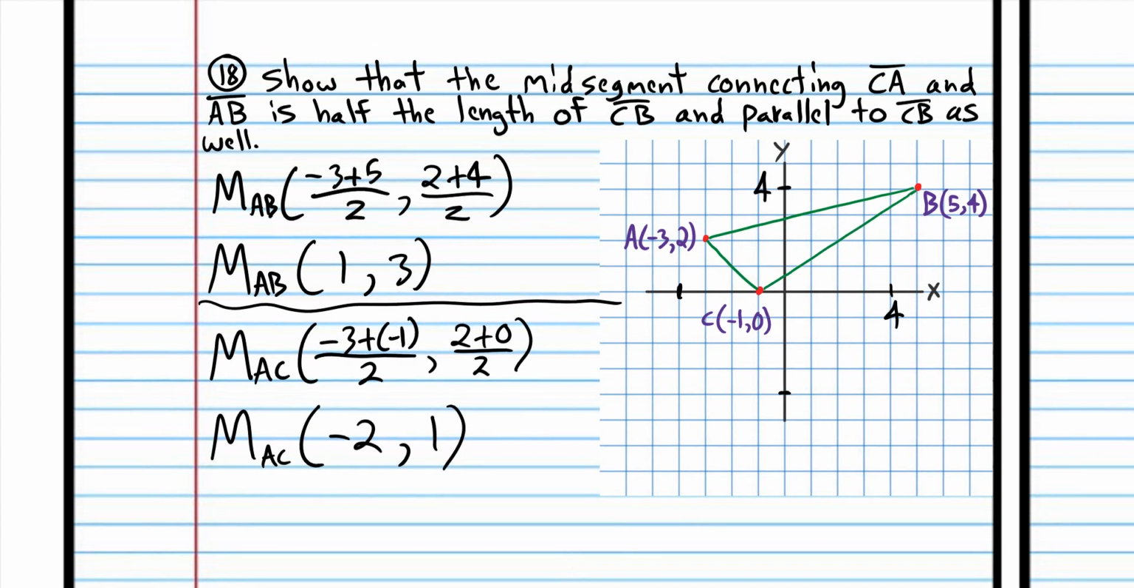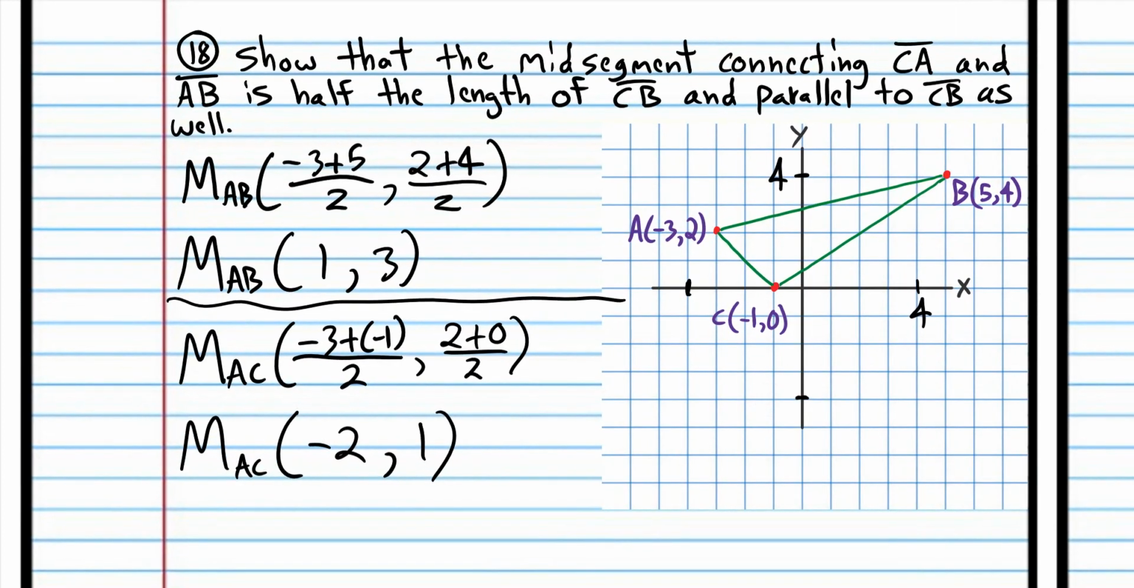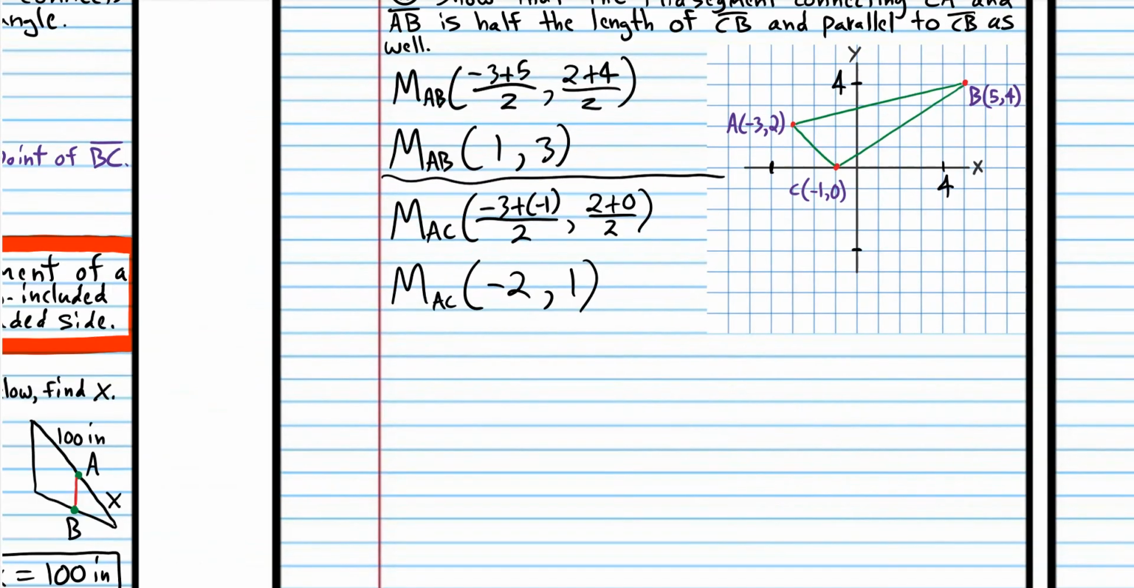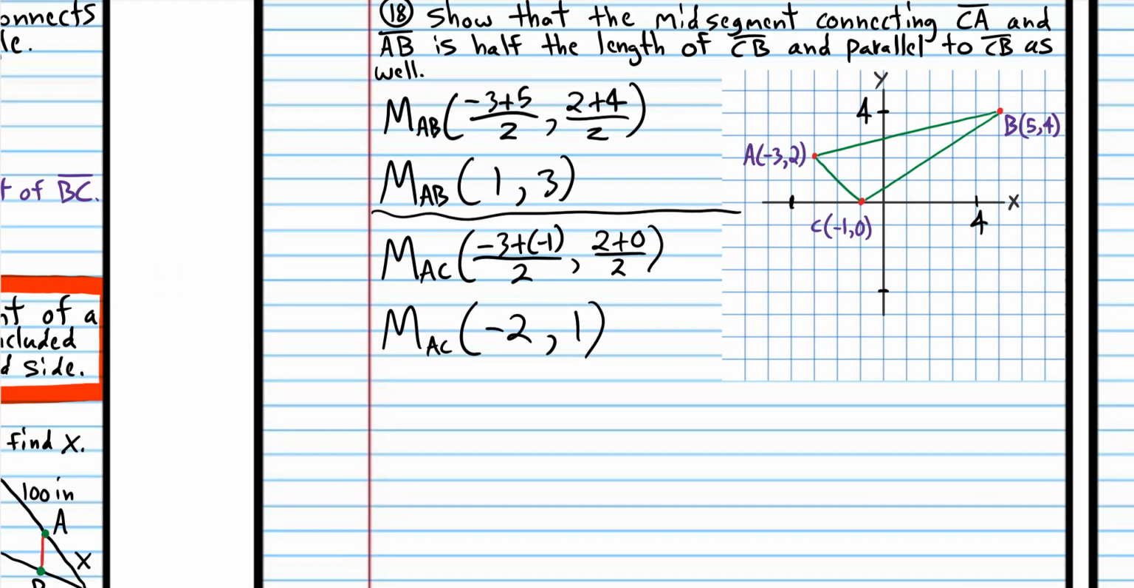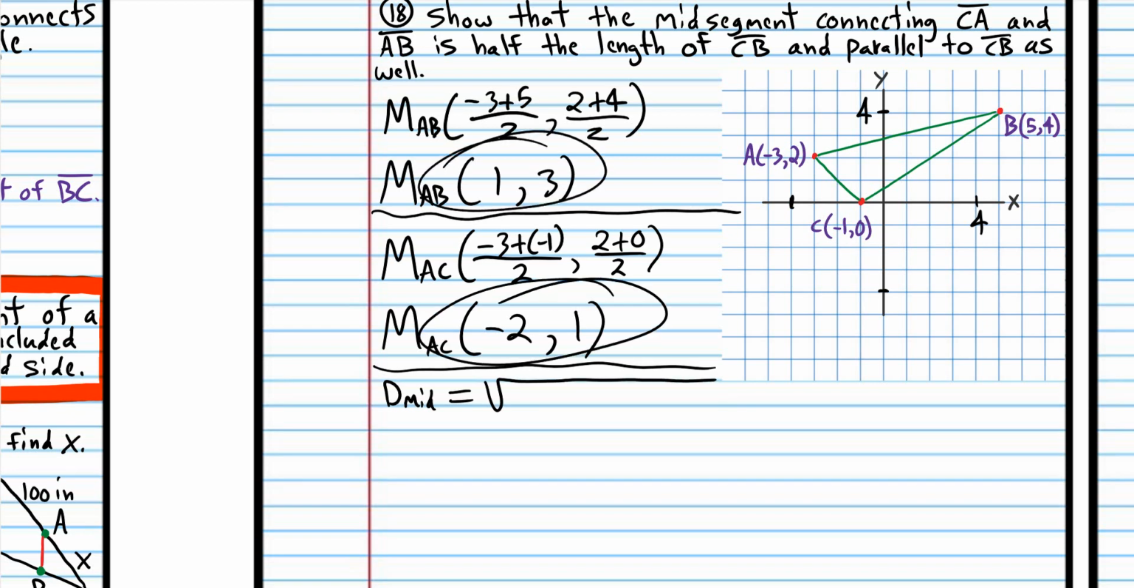So what we did is we found this point here, (1, 3), that would be about here. And we found the other midpoint is (-2, 1), which would be about here. So that makes sense. So now we're going to find the distance between those 2 points. And that is going to help us prove the midsegment theorem. So the distance, I'm just going to write dm, distance of the midsegment, equals, using these 2 points here,